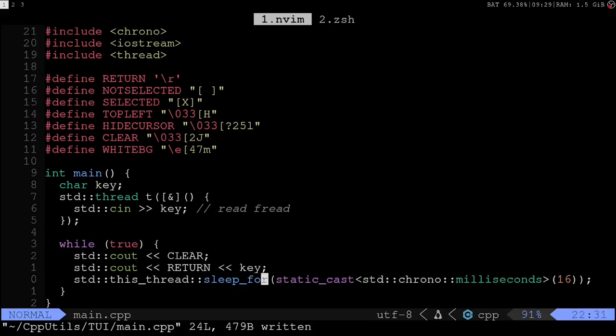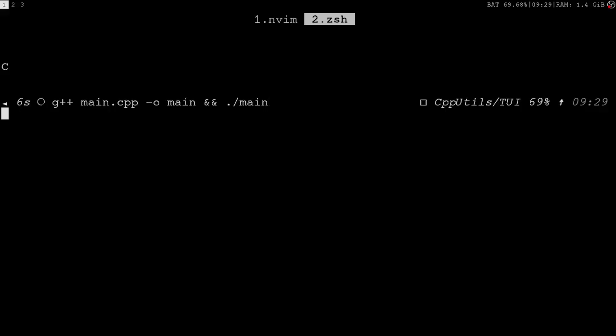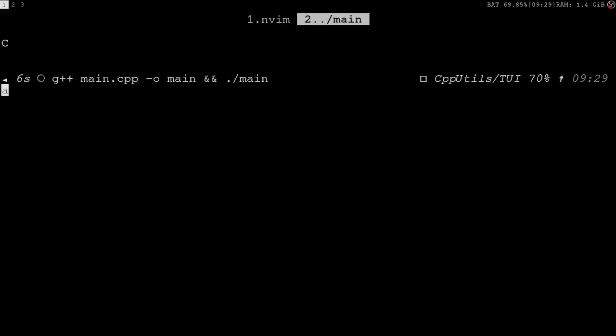I guess I have messed up std::chrono milliseconds. Let me remove this thing. Now you are not able to see the thing. Let's start. So as you can see, the key I press is now being displayed,